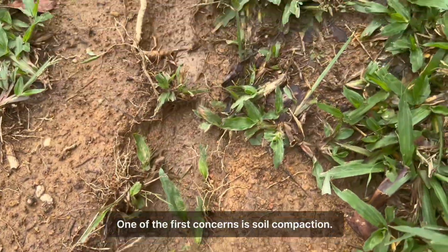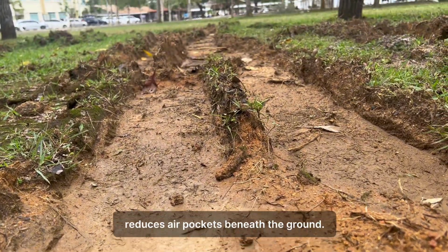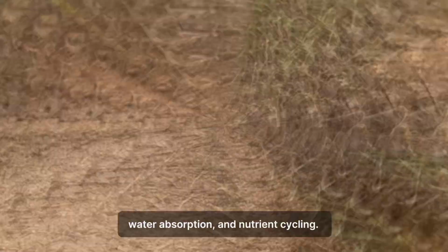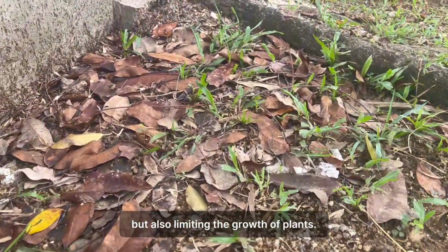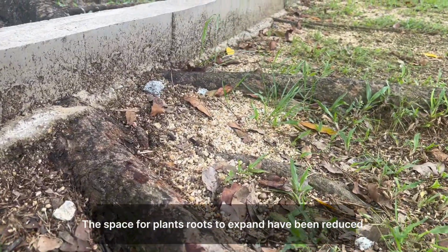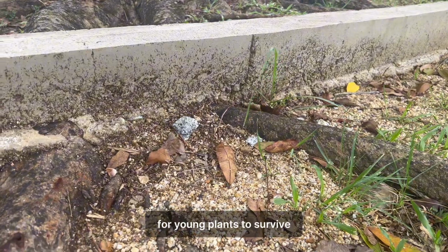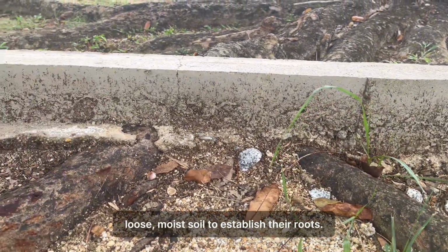One of the first concerns is soil compaction. The pressure from repeated steps or heavy equipment reduces air pockets beneath the ground. These air pockets are essential for root growth, water absorption, and nutrient cycling. The walkway is not only affecting the soil, but also limiting the growth of plants. The space for plant roots to expand has been reduced. Compacted soil also makes it harder for young plants to survive, especially fragile seedlings that depend on loose, moist soil